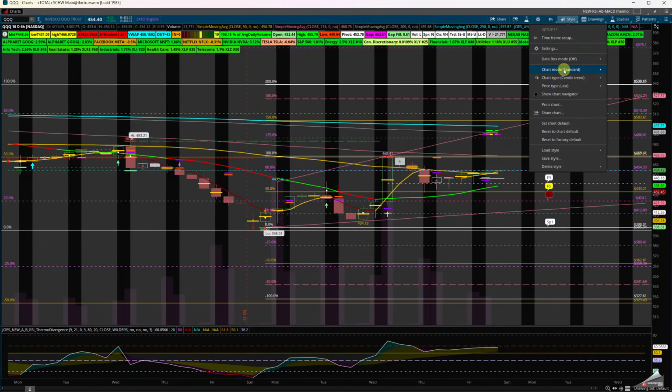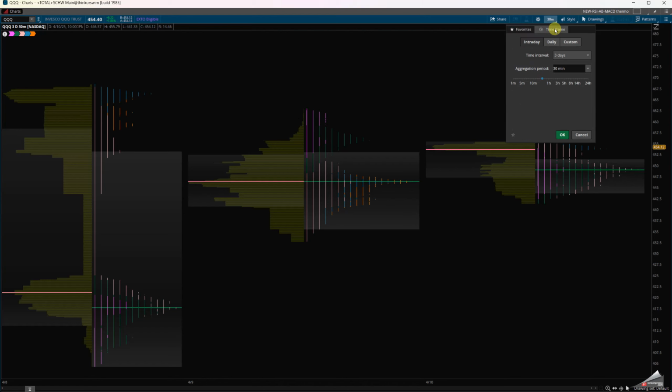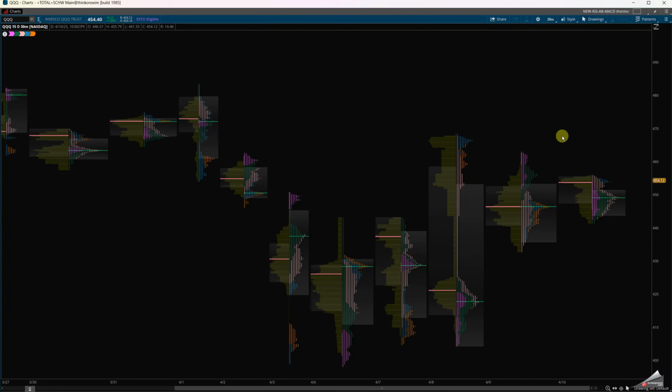You see in the style, you go to the standard. There's what we call monkey bars on Thinkorswim, which is now owned by Schwab, not TD, because there was a merger and acquisition. You can see this is a 3-day range. But if I want to see the total range for the week, I'm going to go in the time frame, go intraday, and instead of showing 3 days, I can go to 10 or 15 days, go okay.